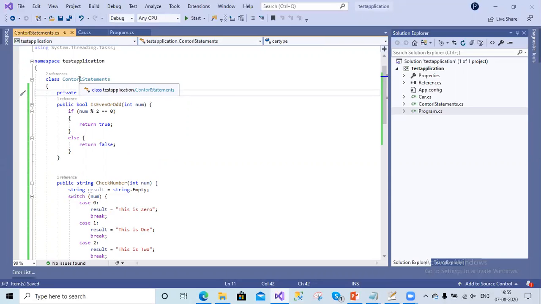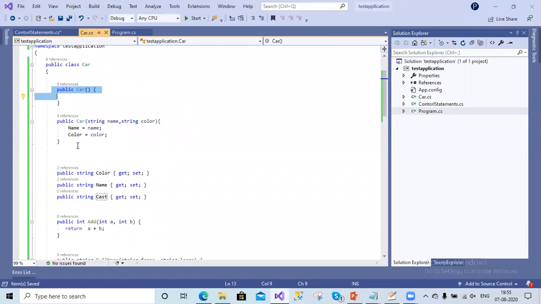Okay, so inside the control statements, let us move this to car, so this will make sense.